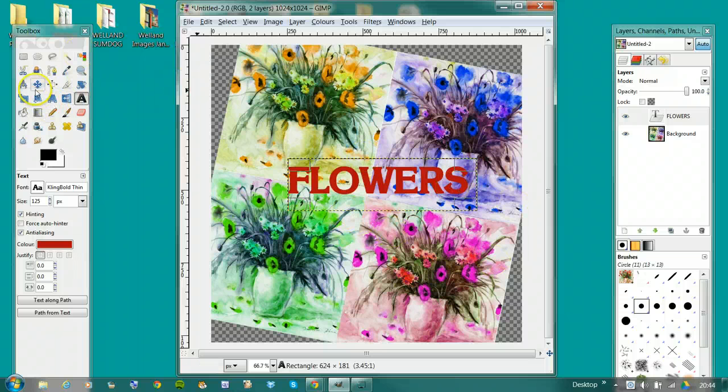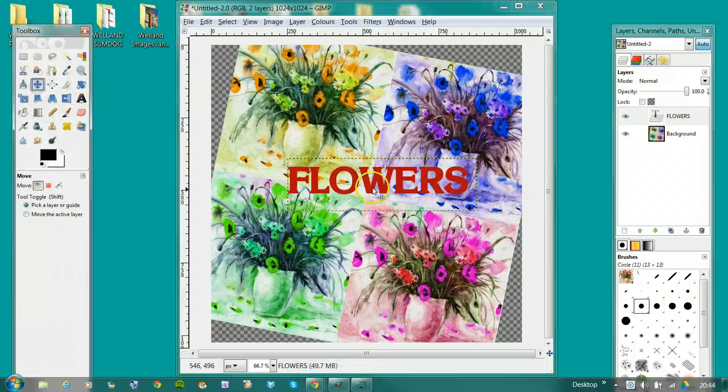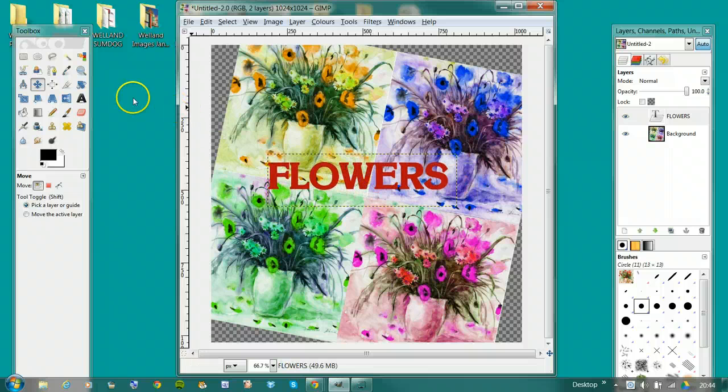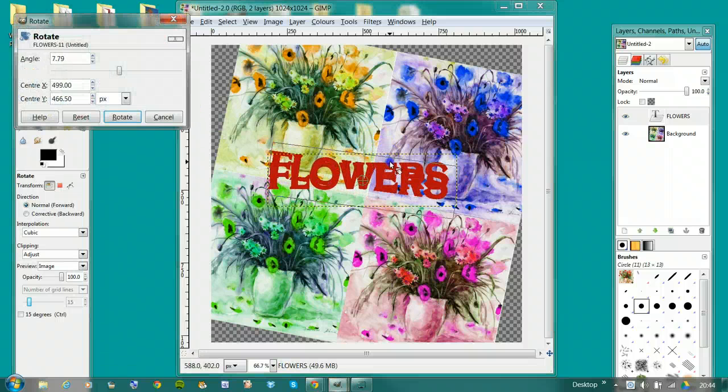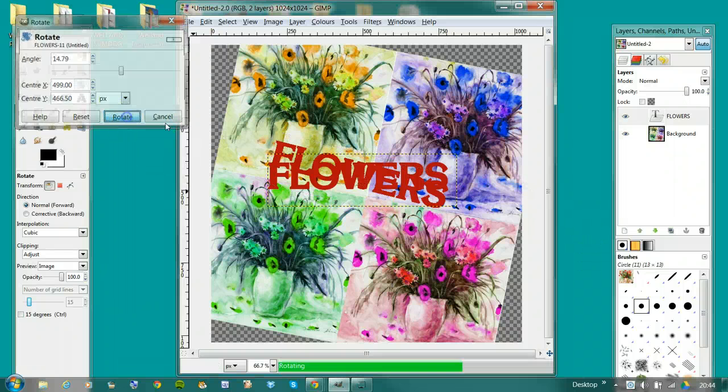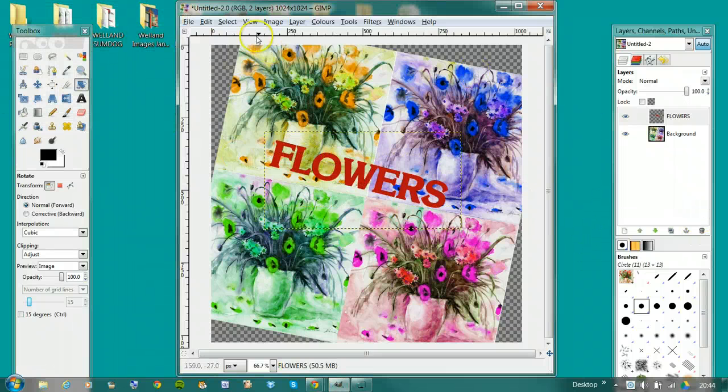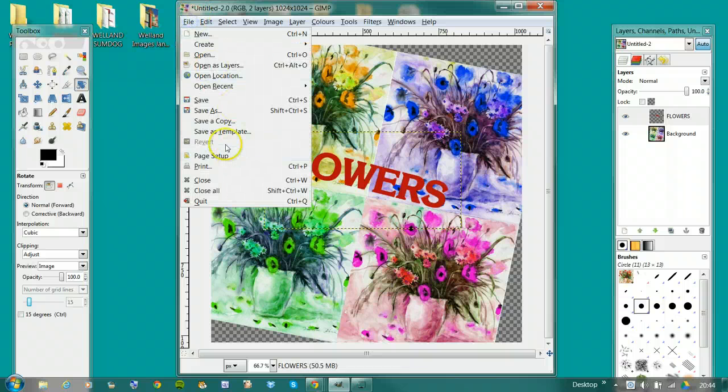And I might even just slightly rotate the flowers as well, so we use the rotate tool, and we'll just slightly rotate the word flowers as well. So rotate. OK, right, what we can now do is go File, and we're going to save that as,